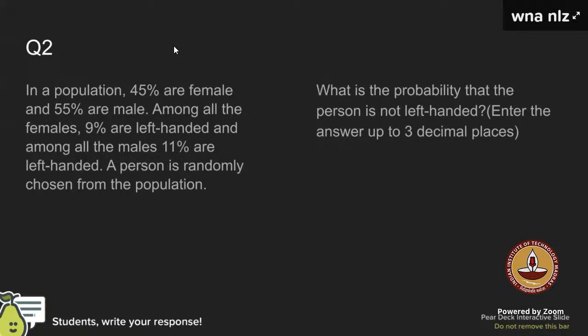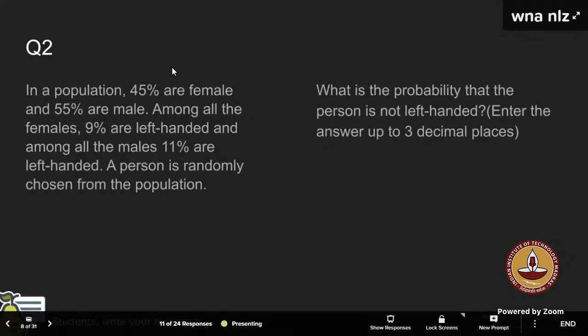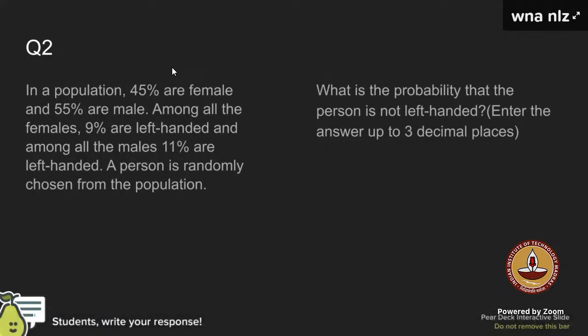I'm not able to do it. How to proceed with this? Okay, can you tell me what is the law of total probability? Like, what's the formula for it at least? For example, the probability of A can be given by probability of A intersection B plus probability of A intersection R.